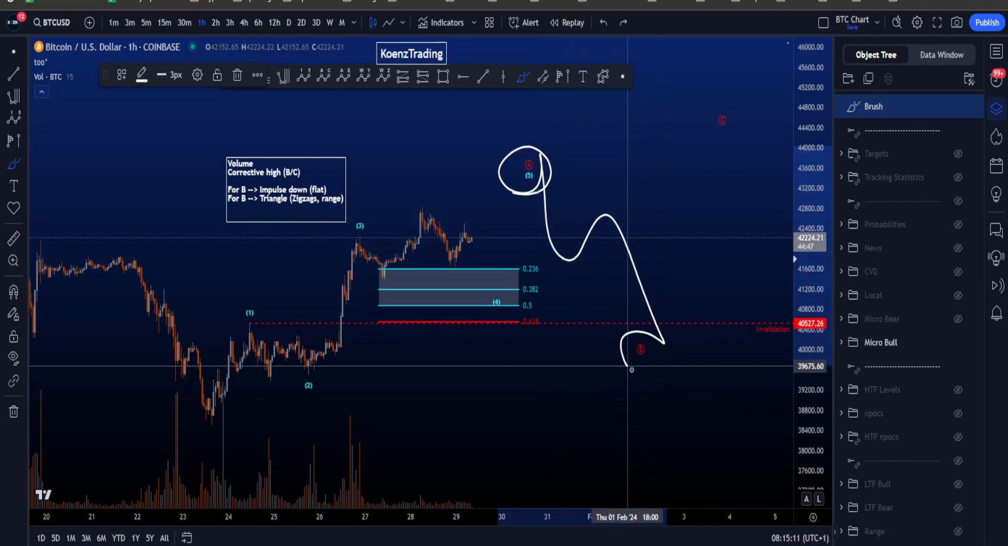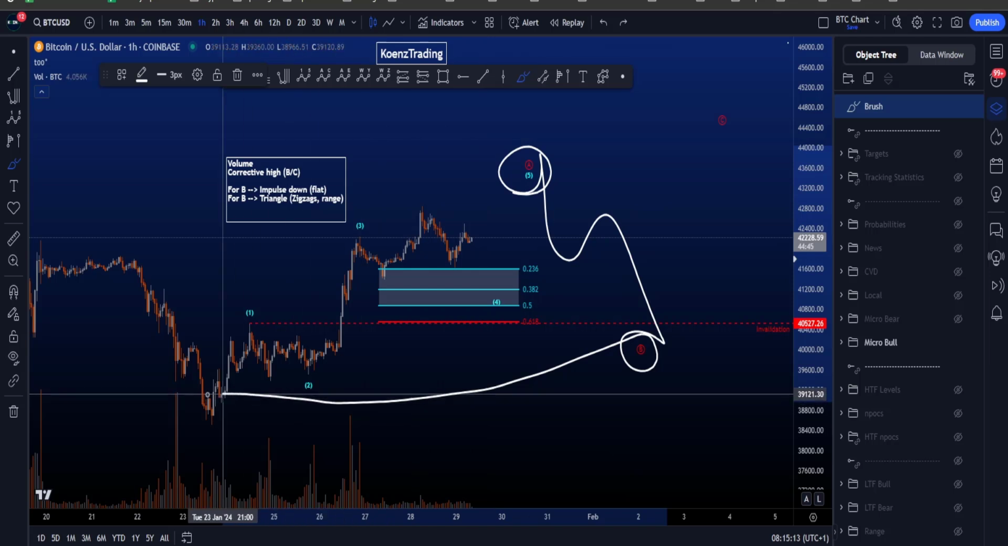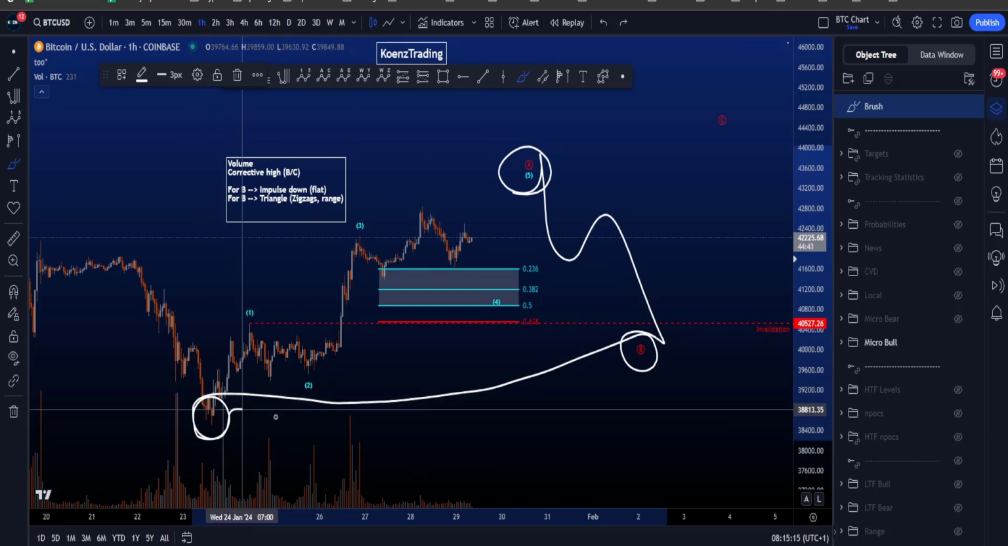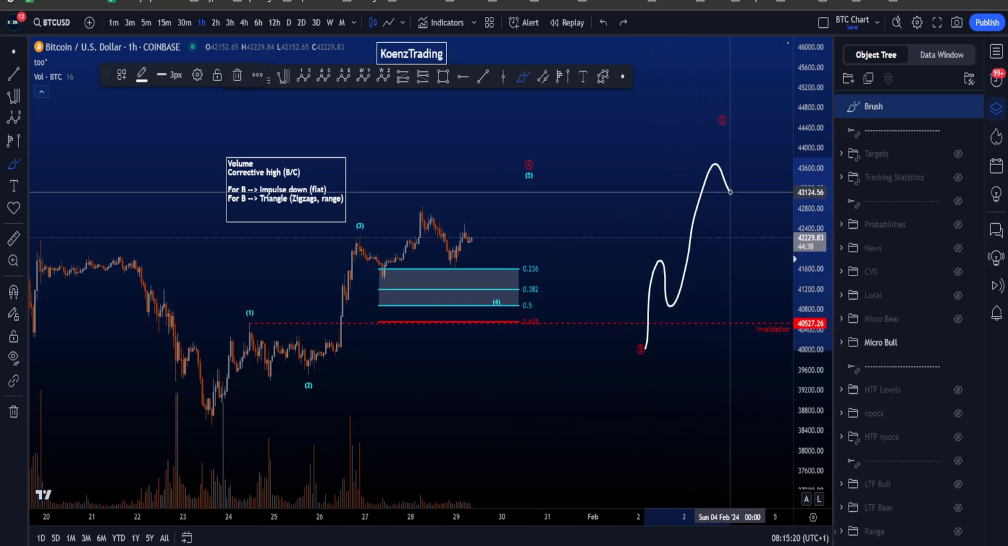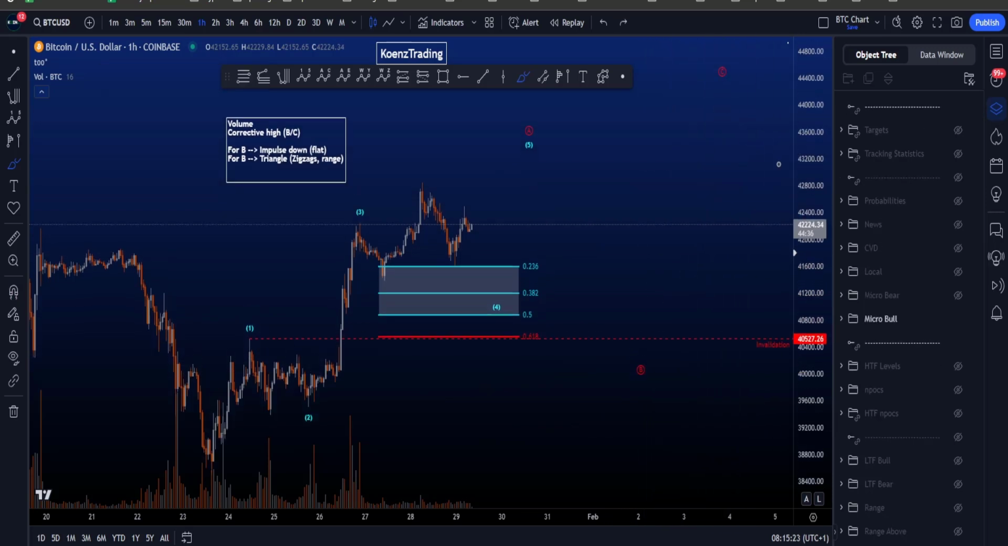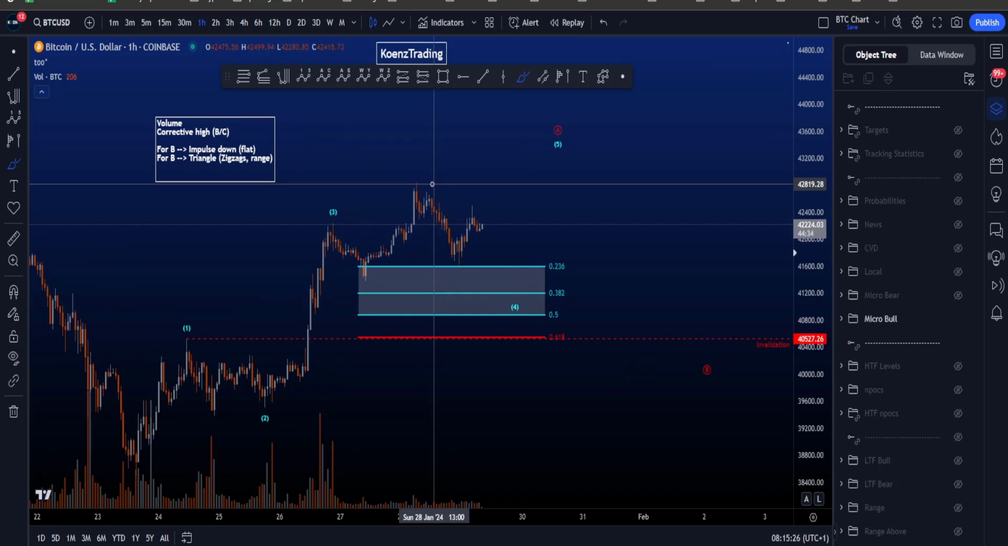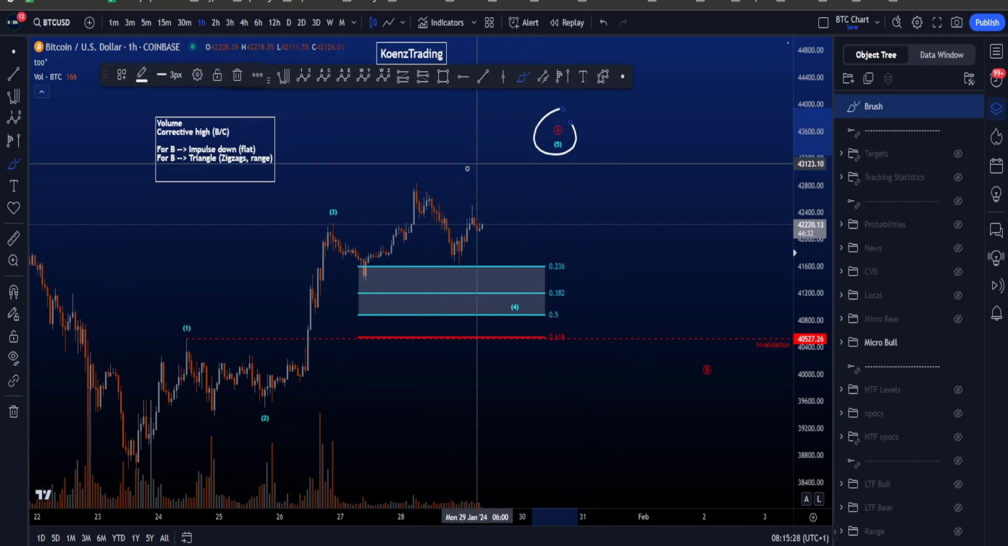Look for a 3-wave corrective structure to the downside in a wave B, where then the invalidation is going to move below this low here, after which we want to see a wave C to the upside, which is an impulsive 5-wave structure. The reason I say that preferably for this wave 5 and finishing wave A we want to